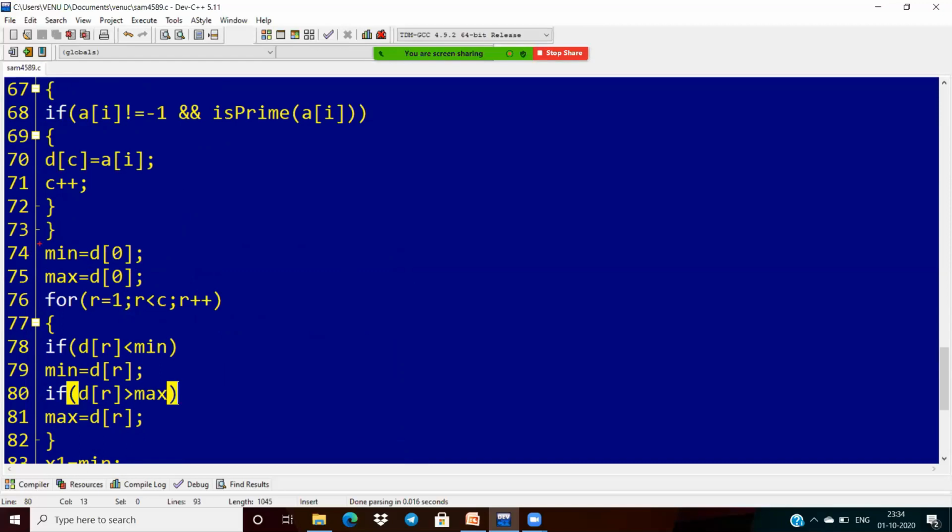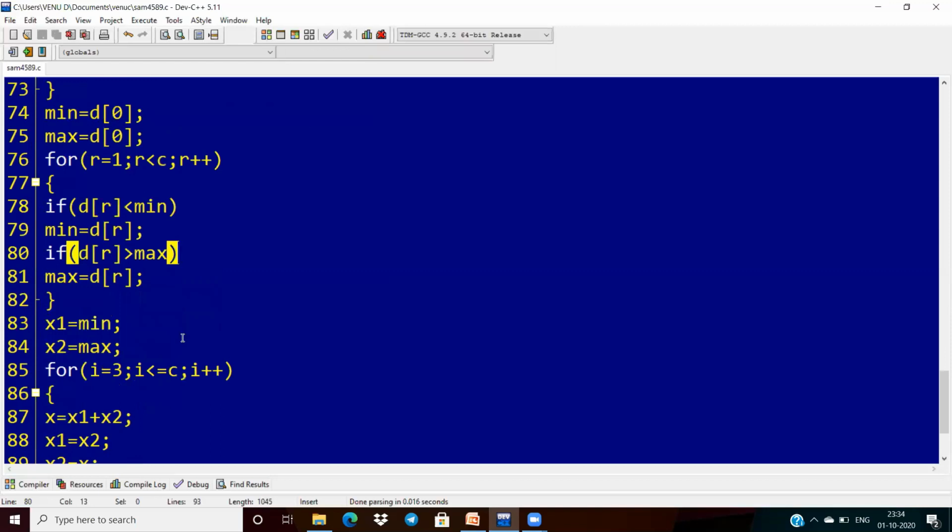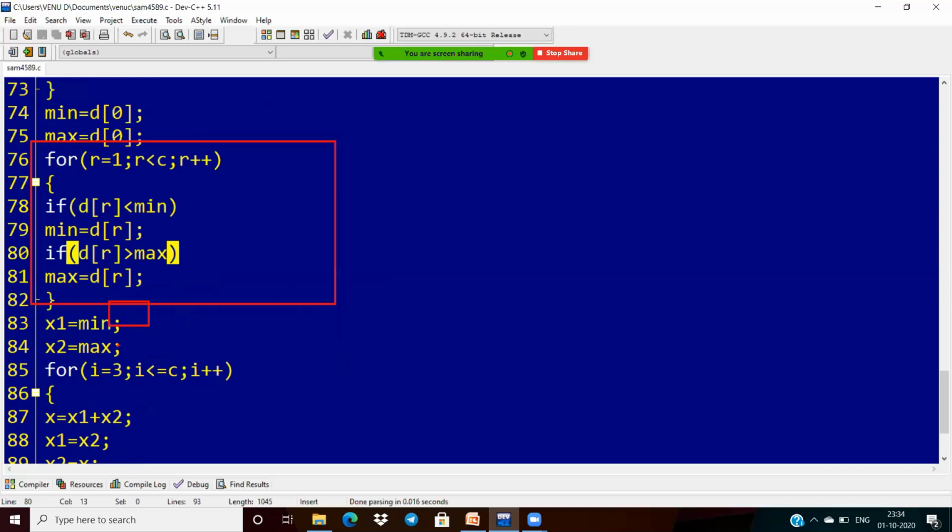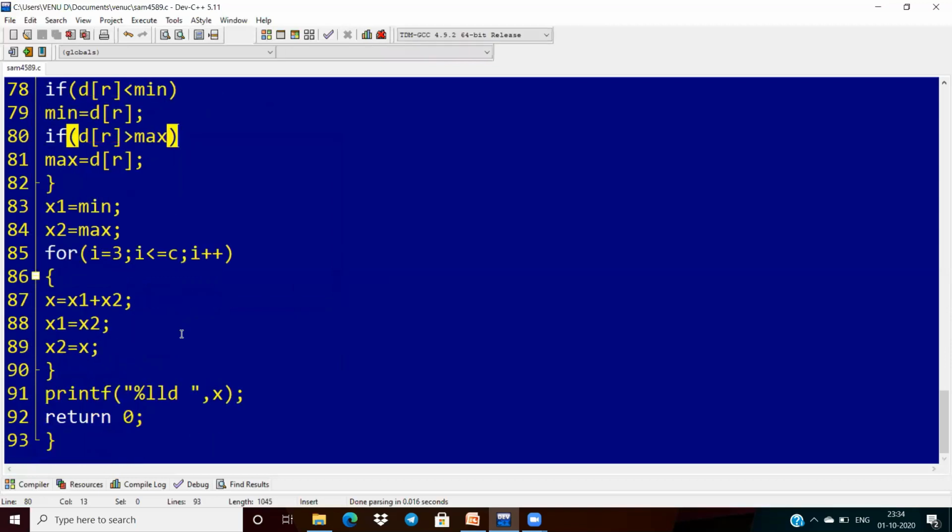But see, what is the minimum value? This array's minimum is our minimum. What is the maximum here? This array's maximum value is the maximum. So again I have to implement this task for computing the minimum and maximum. After getting my min and max, this is the Fibonacci series.